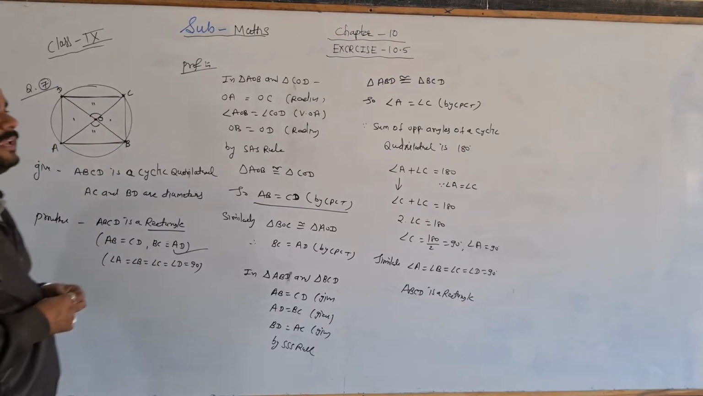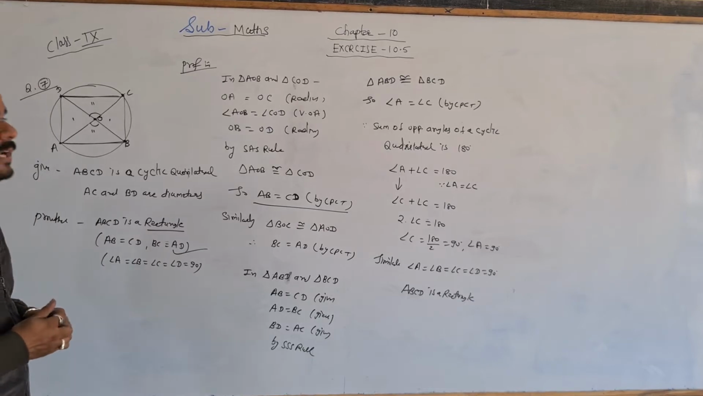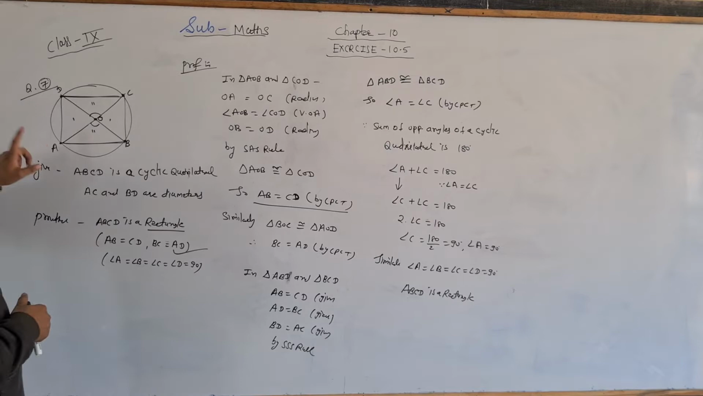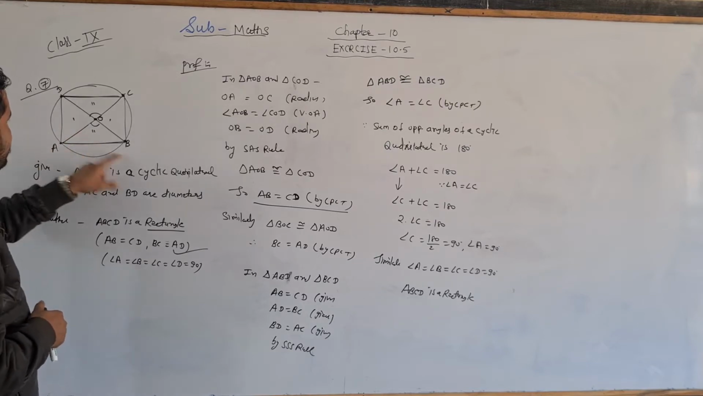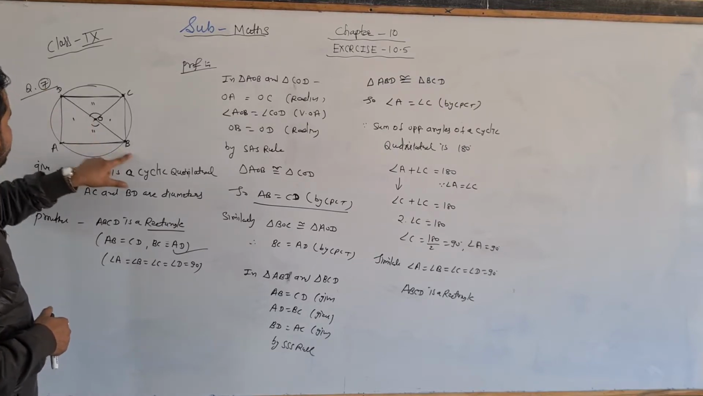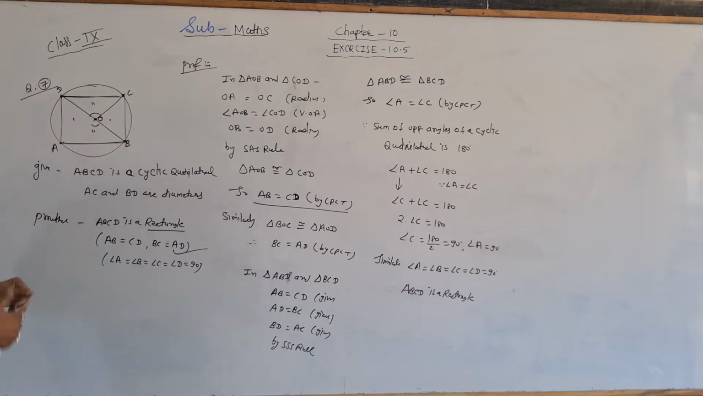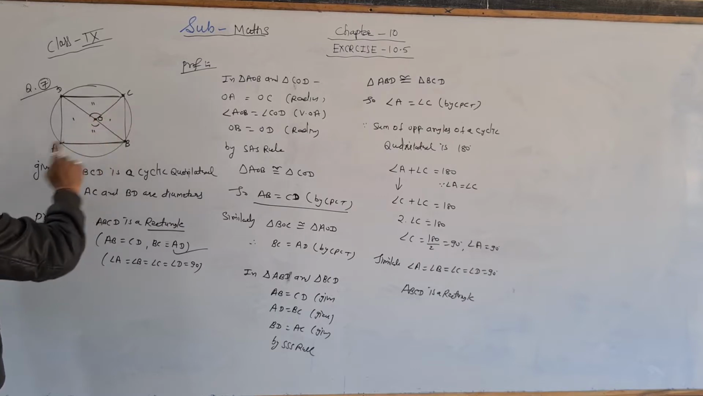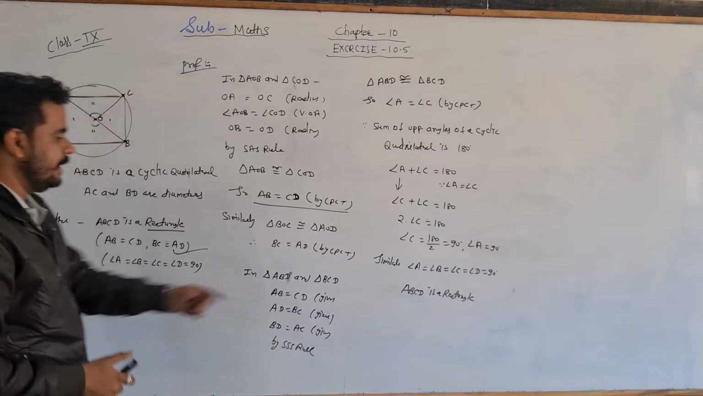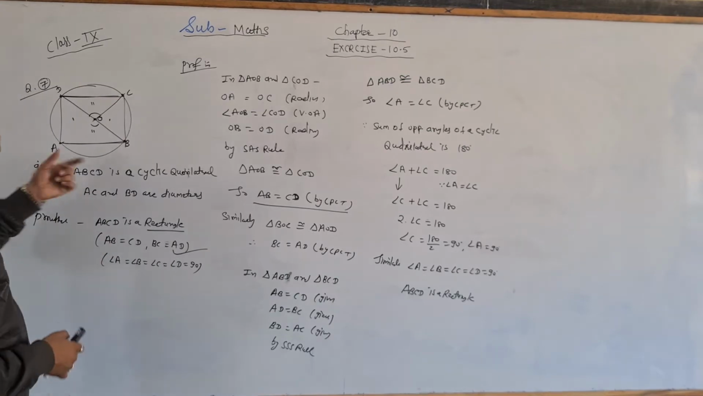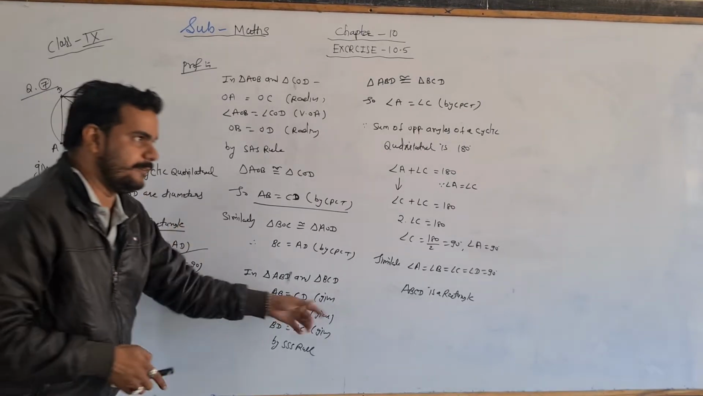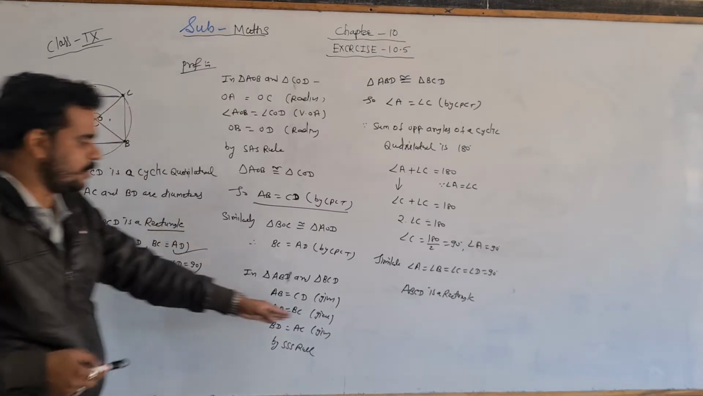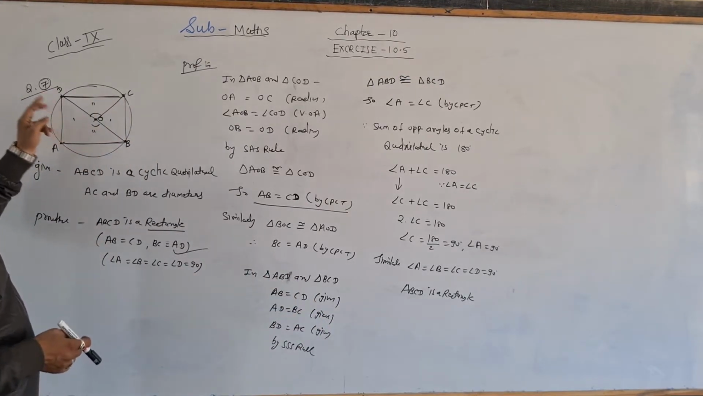The second thing, we have to prove all angles are 90 degrees. As you know, there are two bigger triangles we have to prove congruent. This time triangle ABD and the second triangle BCD. We have to prove both triangles congruent this time. So in triangle ABD and triangle BCD, first condition AB equals CD, given. The second condition AD equals BC, this is also given. And the third condition